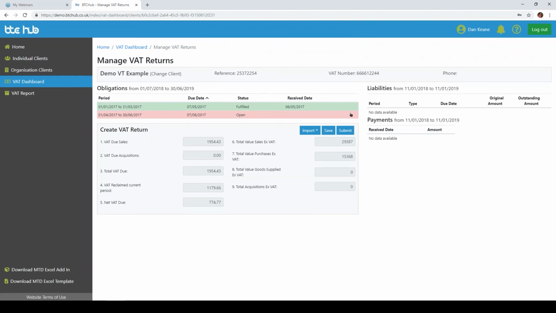Now, the final method that we're going to look at now is how to bring a CSV file into this 9-box VAT return. So for those businesses who use finance solutions, maybe use ERP solutions, or those who use software that's maybe not going to be MTD compliant, that you don't want to upgrade to the latest version. The example that I'll be showing you now is a CSV file that's been pulled directly out of Sage Line 50. So to import a CSV file into here, we can choose the import option, select CSV,